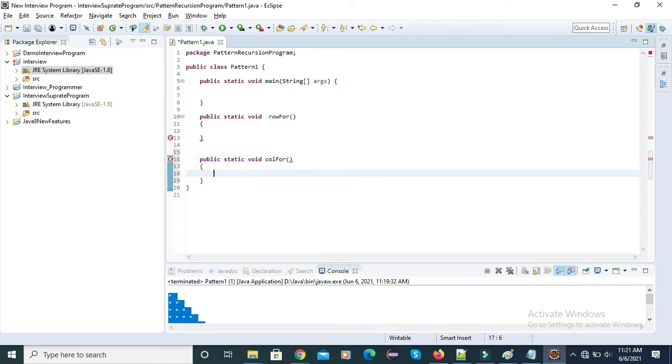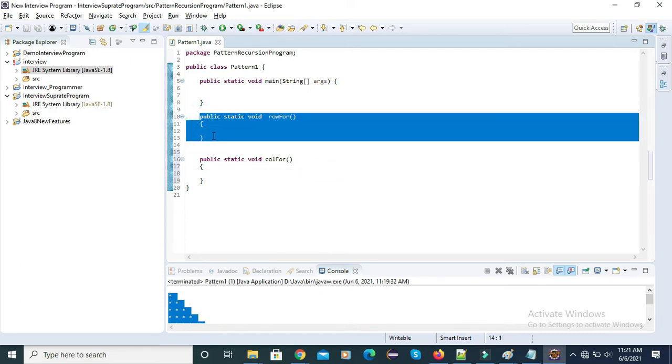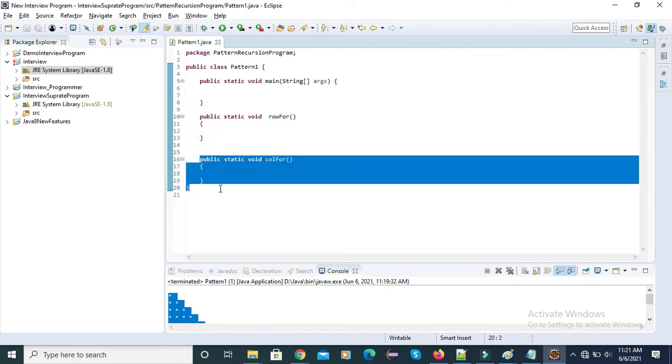These two methods are defined, and we treat them like for loops. This is our row for loop and this is our column for loop.